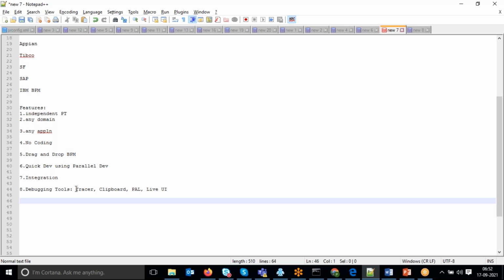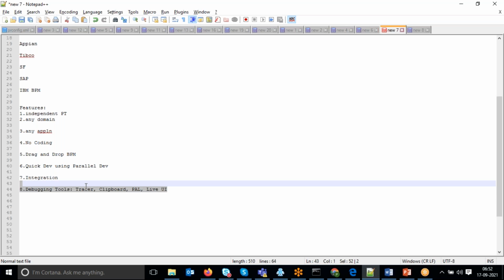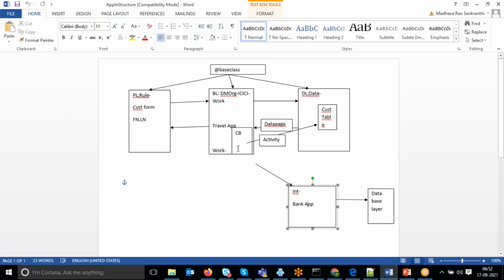Whether you open them or not, the tracer tool, clipboard, performance analyzer and live UI will be running in the backend. Pega always wants to watch its applications. So one of the great features we have is the inbuilt debugging tools: tracer, clipboard, performance analyzer, live UI. Why have they given so many tools? First, the tracer tool.